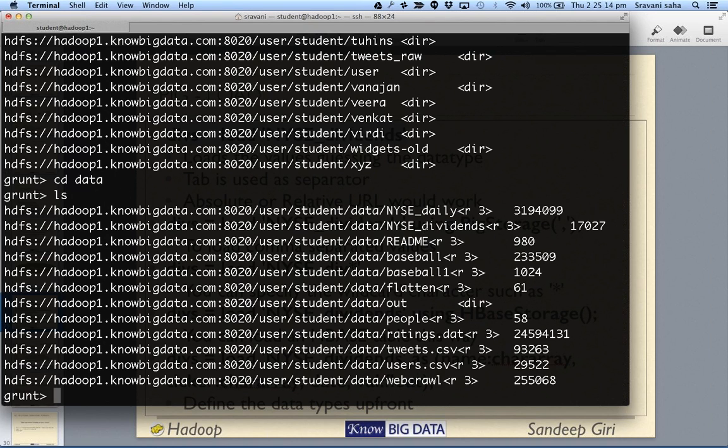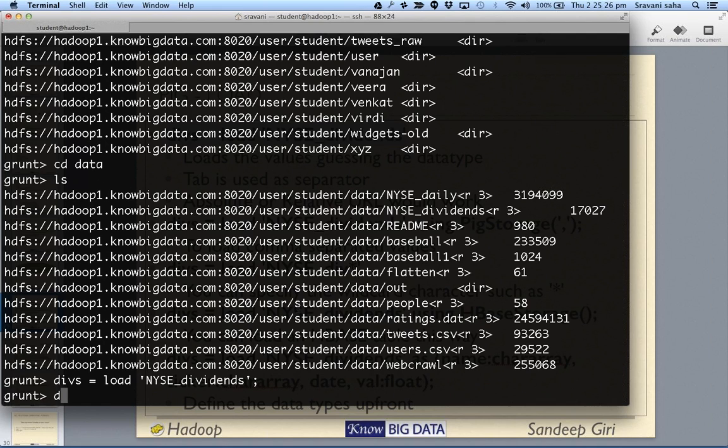All right, that is why only the files from the data folder are coming. Now when I say divs equal load this data, okay, now you can see this. Now if I dump divs,